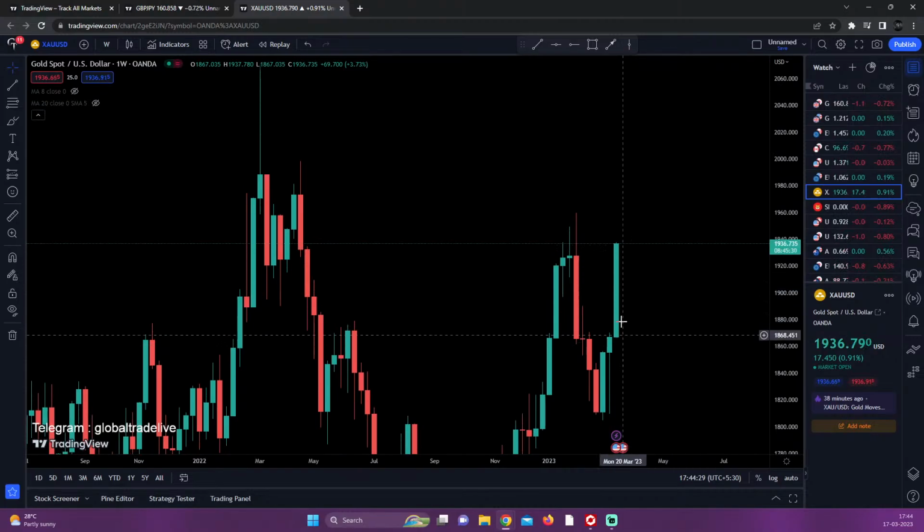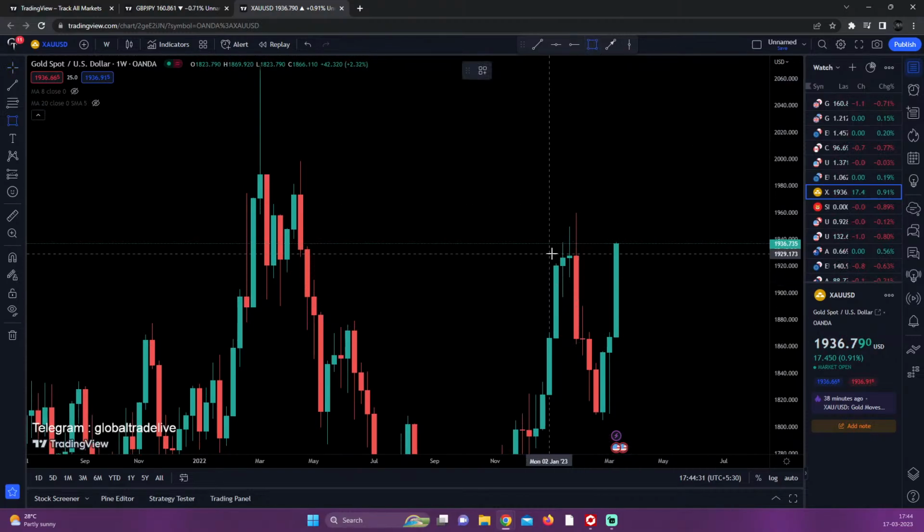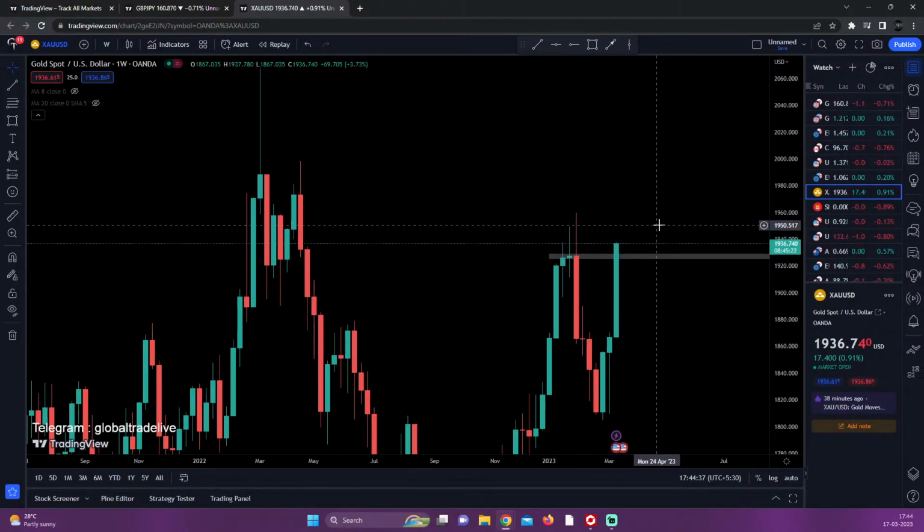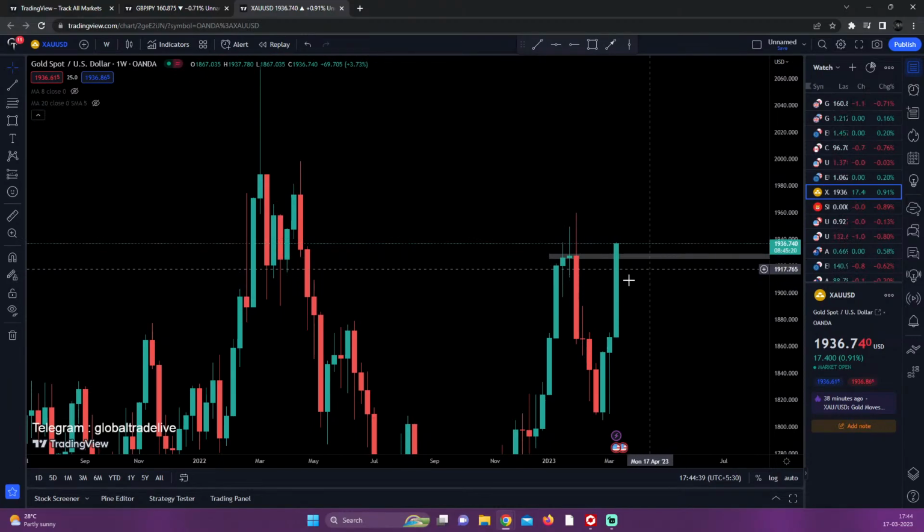The weekly candle is clearly going up, but the problem is it has already reached a strong level of resistance, which is over here. Now two things can happen. Number one is that